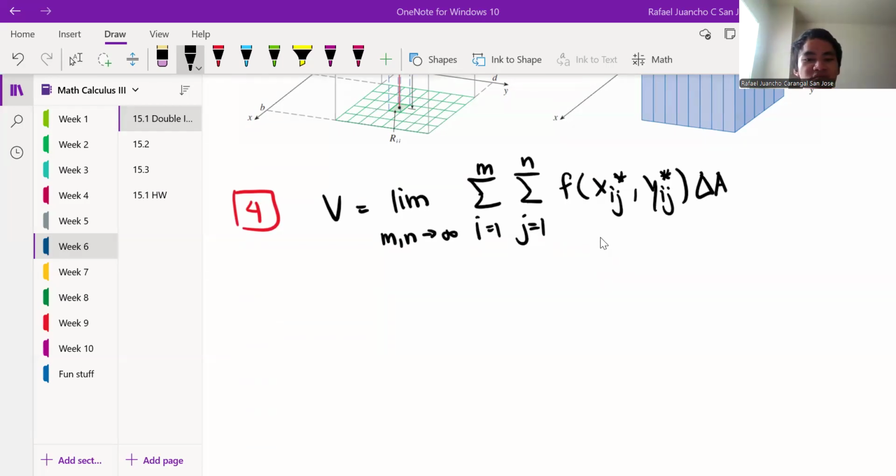And so the limits of the type that appear in equation 4 occur frequently, not just in finding volumes, but in a variety of other situations as well. As we will see in section 15.4, right now we're in 15.1, even when f is not a positive function, we can make the following definition. So here's the definition of it all, like how it works for everything. So the definition is that